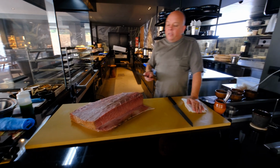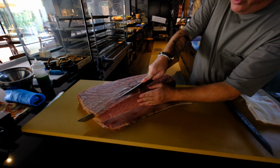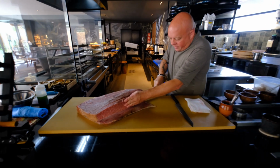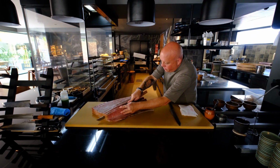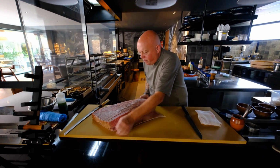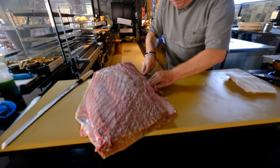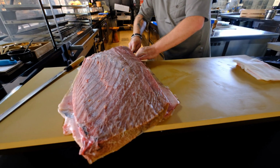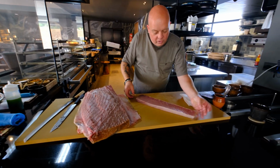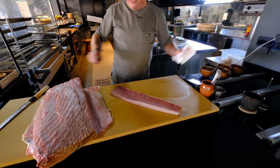I'm going to cut a part to show you how to cut what they call a saku block. So it's a nice slice of tuna. So this is the nice piece of saku, which we're going to use in a couple of dishes